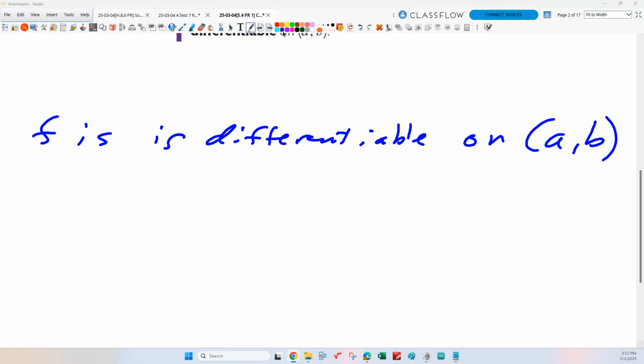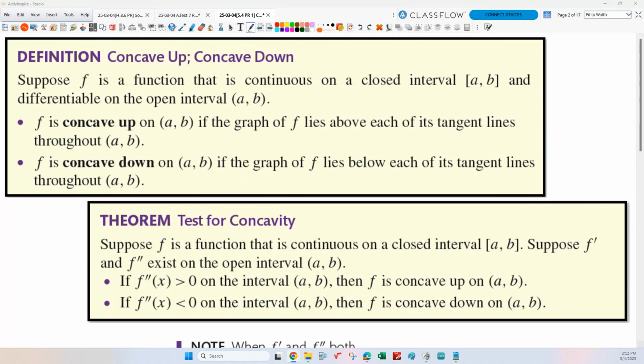So when we say the function is differentiable on that open interval, if I can take the derivative everywhere, can I have any sharp corners? No, right? I can't have sharp corners. So if there are no sharp corners, and we know that the function is continuous on the closed interval,